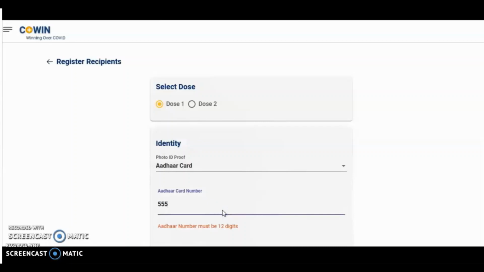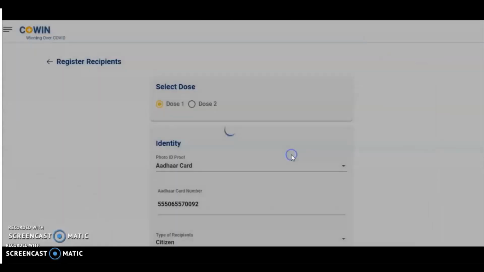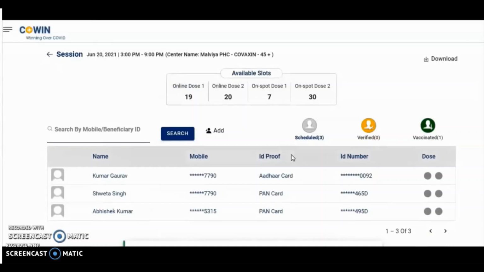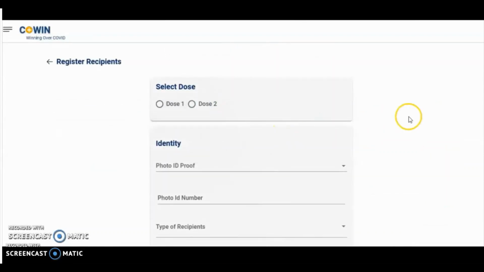let us take an example. Here we enter the Aadhaar card number 55505570092 for Mr. Kumar Gaurav. We enter gender, year of birth, type of beneficiary and mobile number and register the beneficiary. Now we add another beneficiary and by mistake we try and enter the same Aadhaar number,